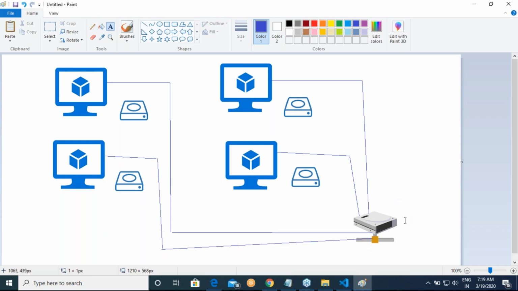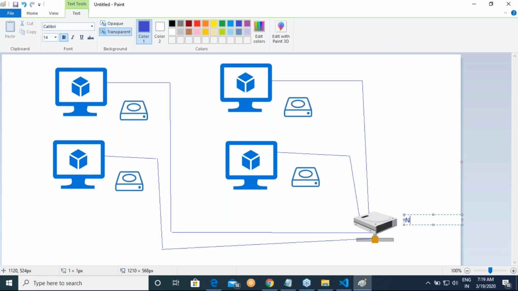This is possible with a network disk, or NAS or SAN kind of storage. In the case of Azure, we call it Azure file share.